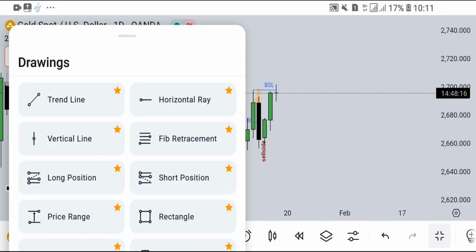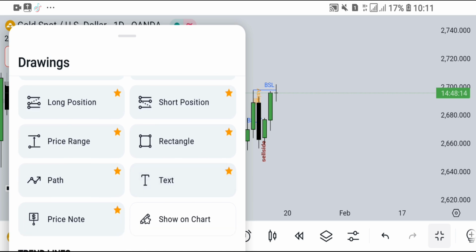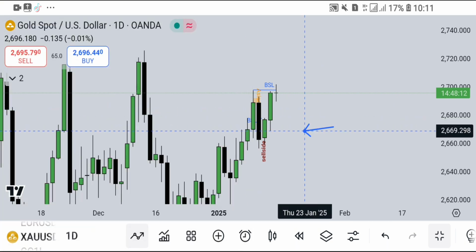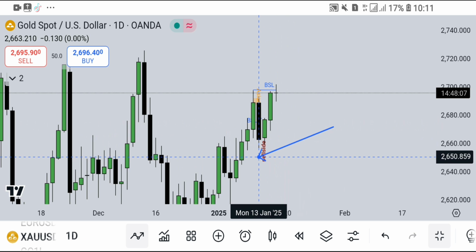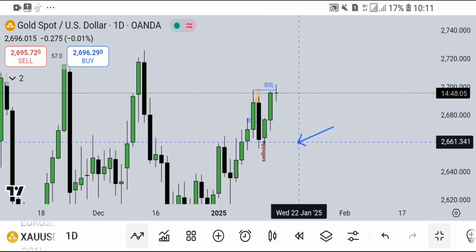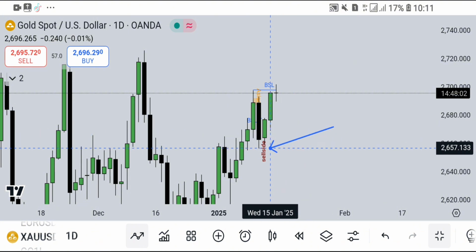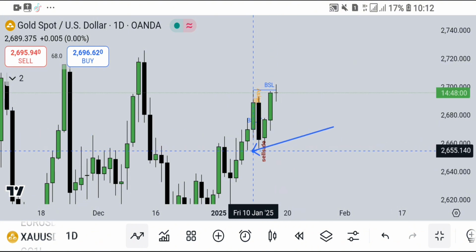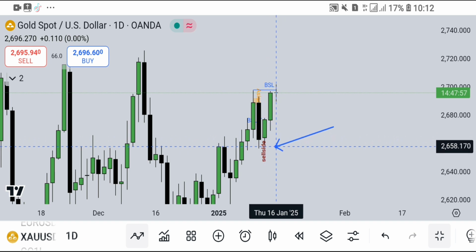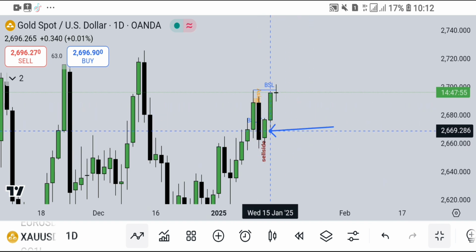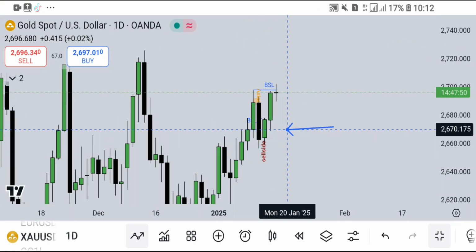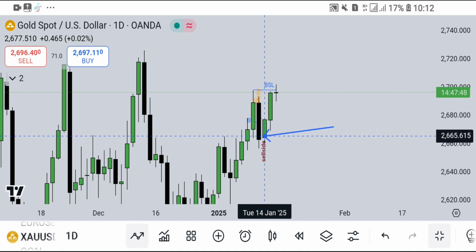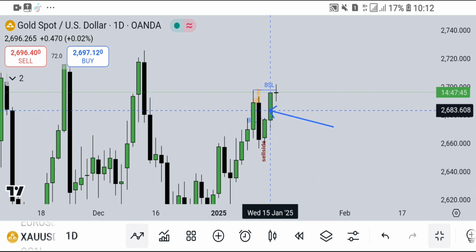Okay, let's go. I have passed through all pairs as usual and I'm seeing two possible setups, first on gold and second on euro USD. I don't know if time is with us, I might also show you the euro analysis, but let's start with gold. So when I came to the daily time frame, I saw that this was Wednesday's candle,